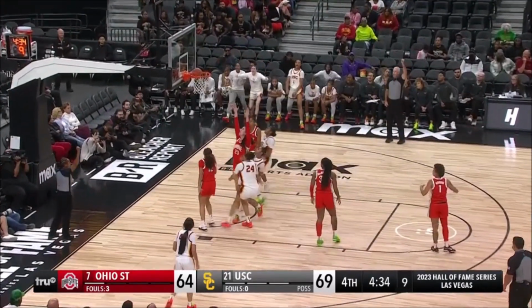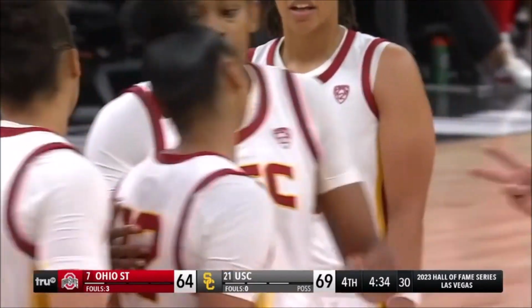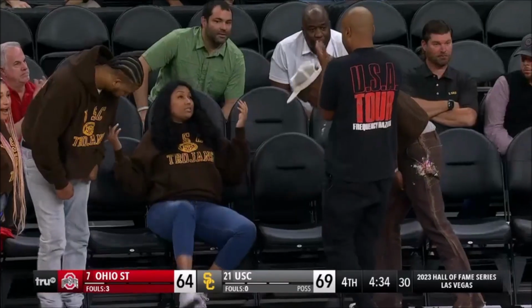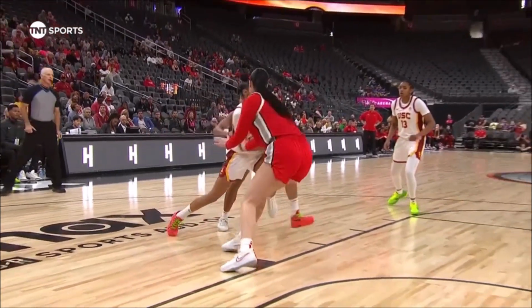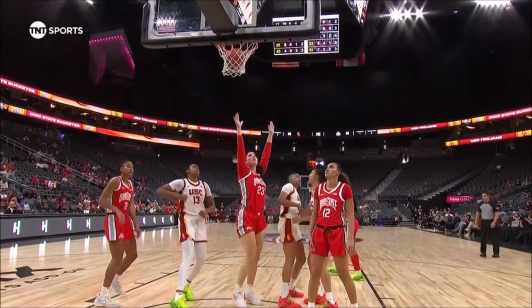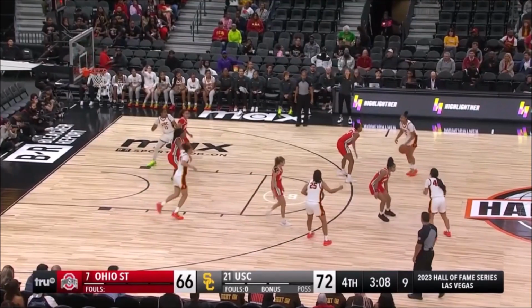Juju Watkins, 0-step going at Nikola Chikova. Look at the face, though. She can't be guarded. And family front row, it seems. Just Trojan family. I don't know if it's actual family hyping Juju up. Right here with the step through, finish, and one. Her ability to...